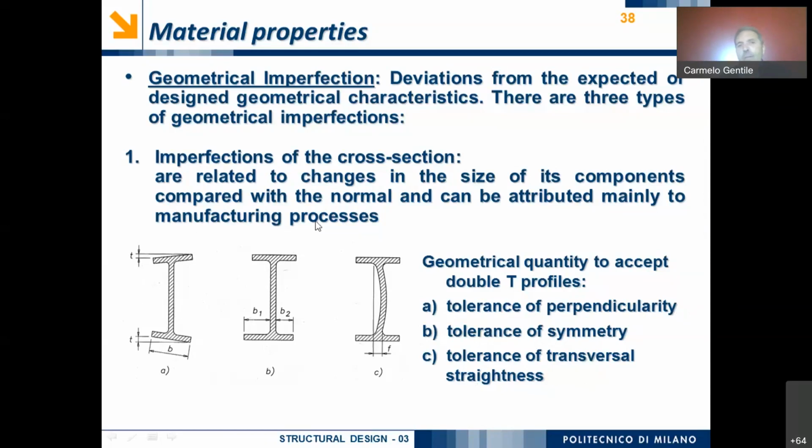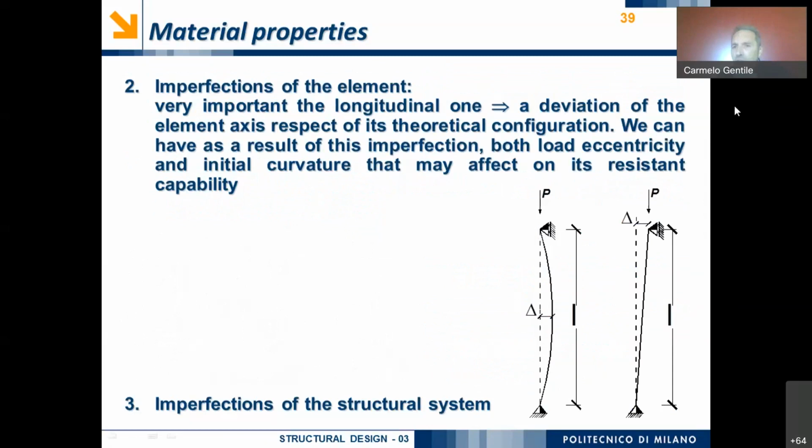So in order not to have visible effects on a cross section like the one I've shown in this slide. But there are not only imperfections at the level of the cross section, but also possible imperfections of the element of one column or one beam. What does imperfection of the element mean? That the element is not perfectly straight, and if an element is not perfectly straight, the consequence of this is